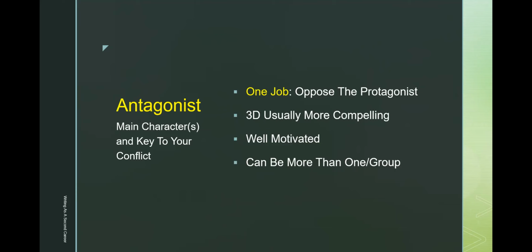Now that I've said that, as with everything, there are exceptions. Comic books often just have antagonists who are just plain out villains. This is a mustache twirling villain. We don't know anything except for whatever reason they like to do evil things. So you can for sure do that. Generally speaking, for a novel,